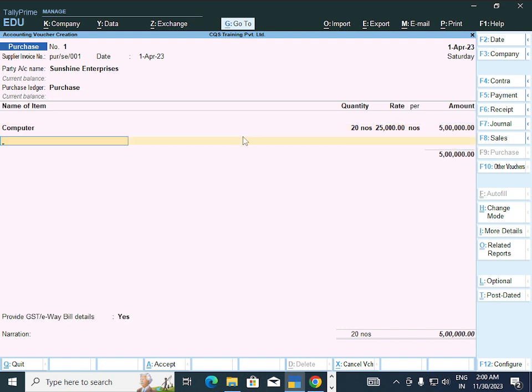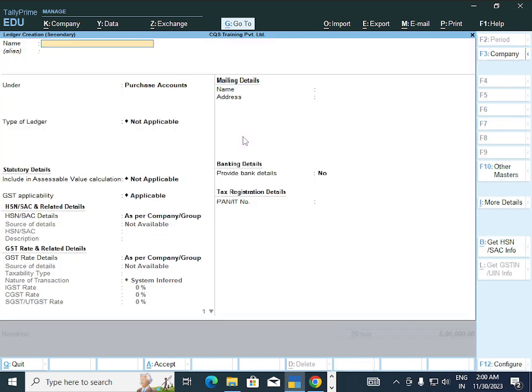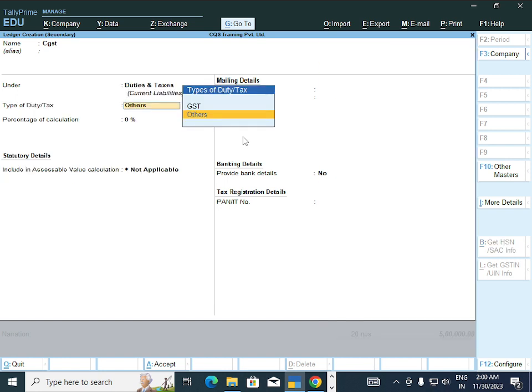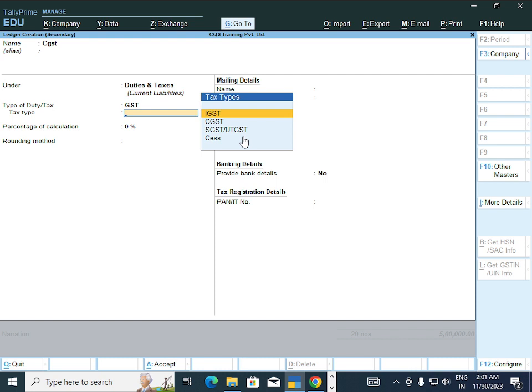Enter. Again we need to press enter and press Alt C for CGST. So we need to charge CGST. CGST comes under duty and tax. So the type of duty and tax will be GST, and we want to apply GST. So I am selecting CGST.